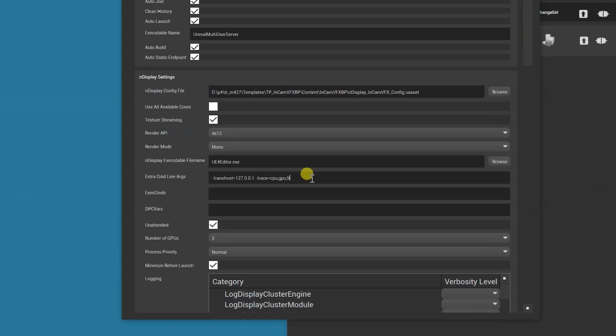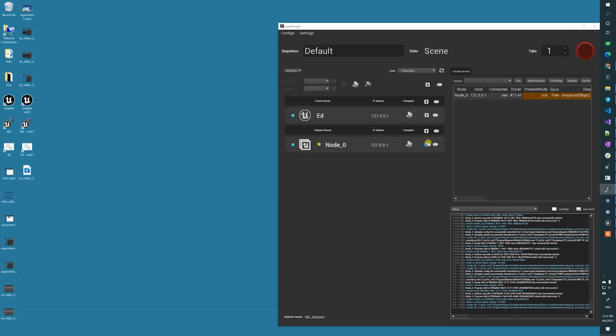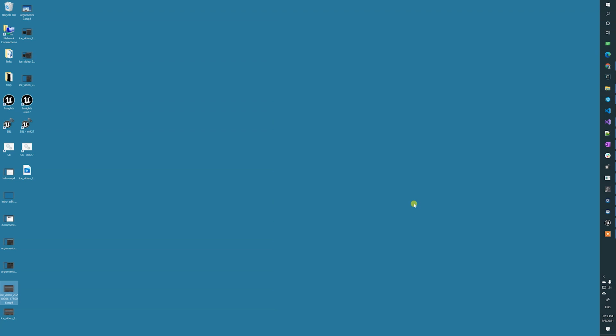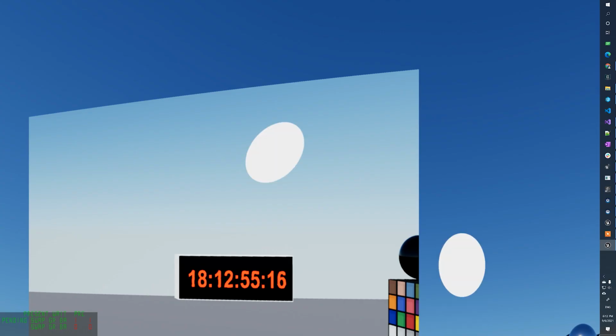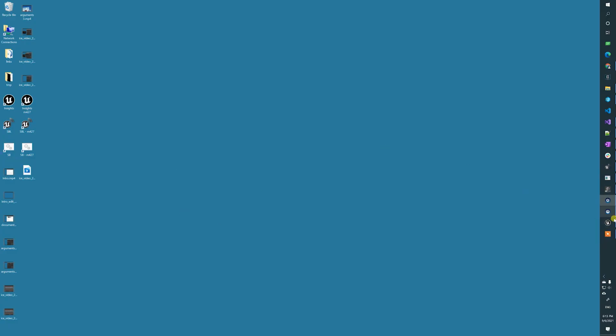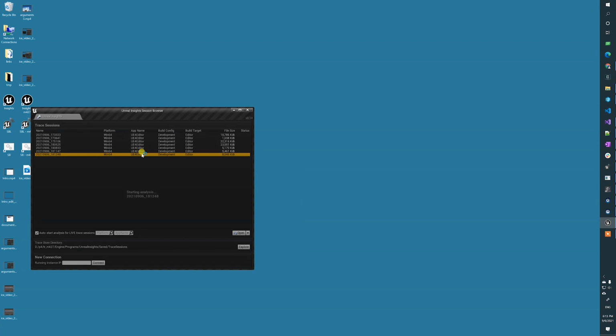We're going to add frame here and leave our stat named events turned on. And frame is basically going to give you information about the start and end of the frame, both in the game thread and the render thread. I'm going to let it run for a few seconds, exit, and then look at the trace that was generated.